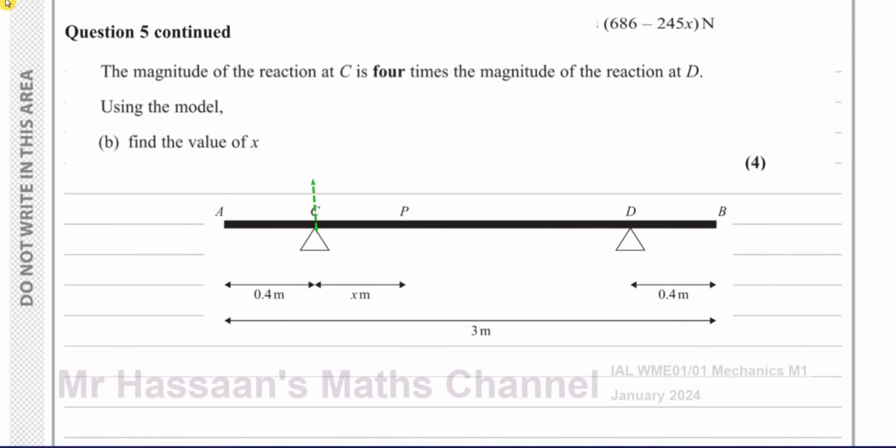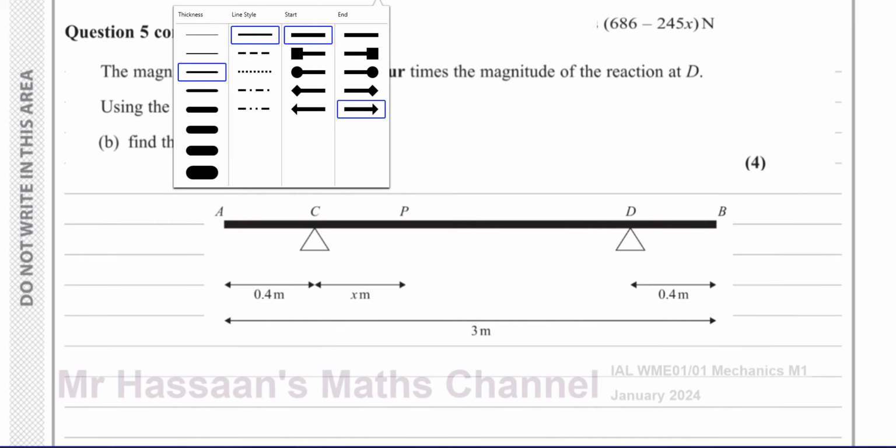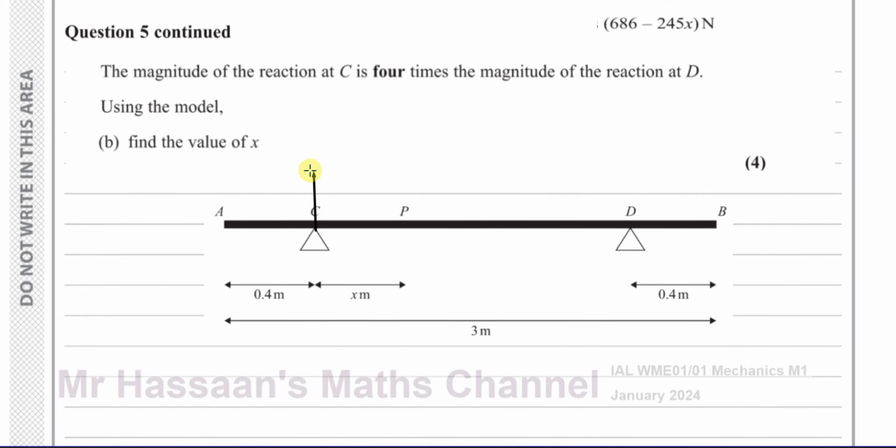So the reaction force at C is equal to 4 times the reaction at D. So that means if this is R, this will be 4 times R. The reaction at C is 4 times that at D. So D is R, this is 4 times R. Okay. So we also know that